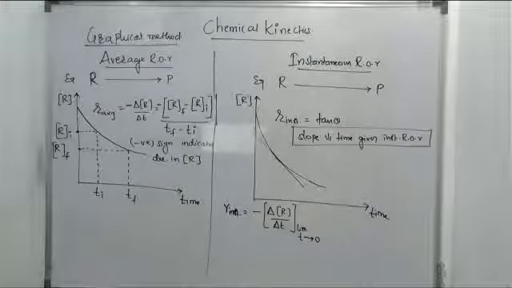Now, average rate of reaction, instantaneous rate of reaction, if you want to find here, then change in the concentration of R is what, beta? Final minus initial by TF minus TI, limit T tends to 0. And if you solve it, I'm getting here minus of d concentration of R by dt.